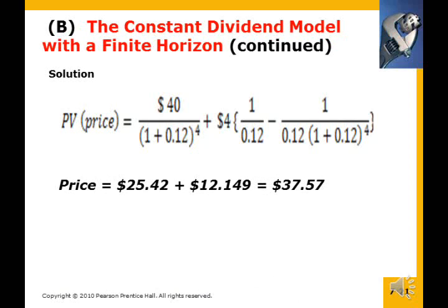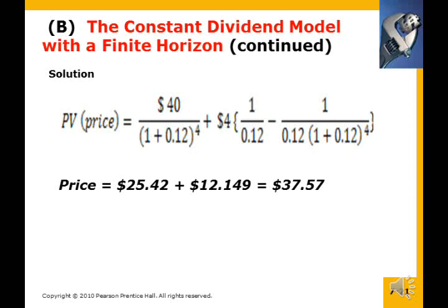our rule here. The present value or the price equals, like we said, the future value, which is 40 over (1 plus 0.12) to the power 4, plus 4 between brackets (1 over 0.12 minus 1 over 0.12 times (1 plus 0.12) to the power 4). Why do I have 4? Because he said for 4 years. And note here that it is annual, not quarterly, so we worked everything annually; he didn't tell me anything about it being quarterly. Done? So the price at the end will be